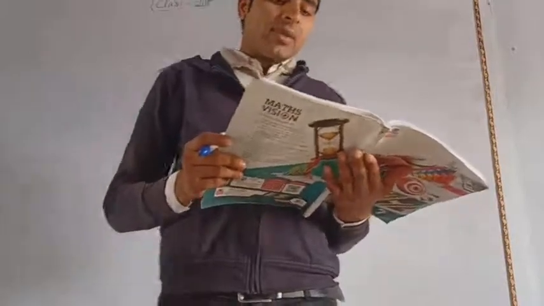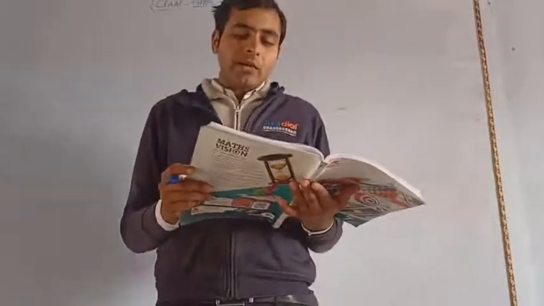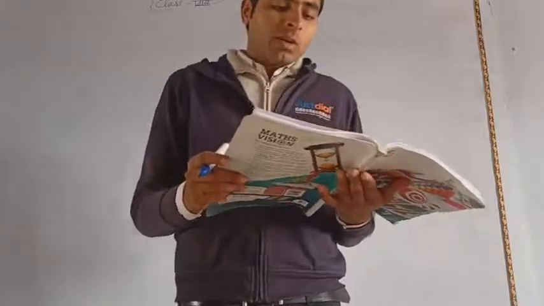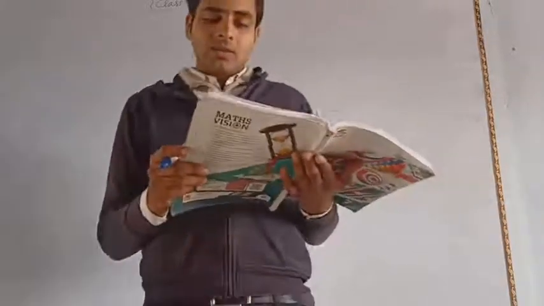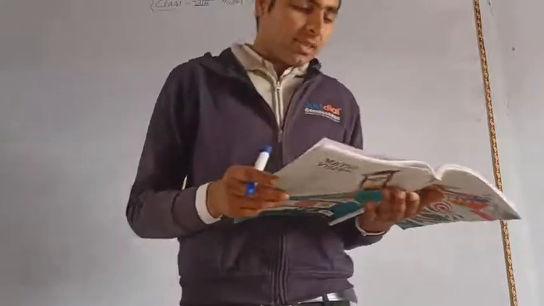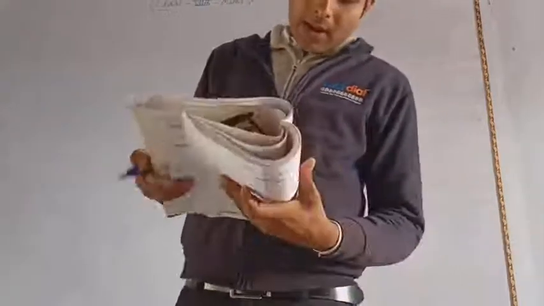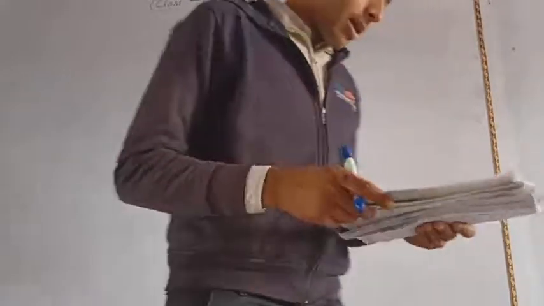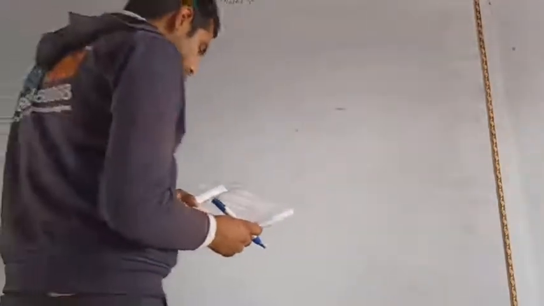Again, in problem number 6, given that in the adjacent figure D is the midpoint of BC, DP perpendicular to AB and DQ perpendicular to AC, and DP is equal to DQ, then prove that angle B is equal to angle C. You have to prove this because this is an easy problem. And 7, 8, 9 also you have to solve. Here 8 and 9 are easy problems.